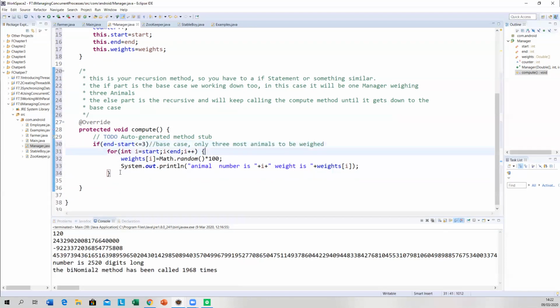This if part. Now we need to have a recursive part. So this is the recursive part that works down to the base case.